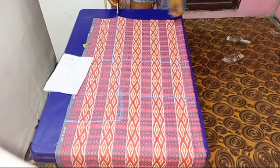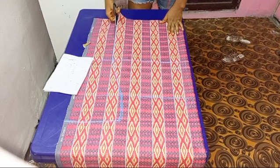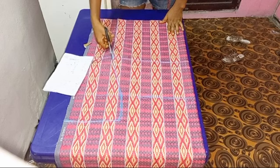So after connecting the line, the next thing is to cut out the pattern as shown, is to cut out